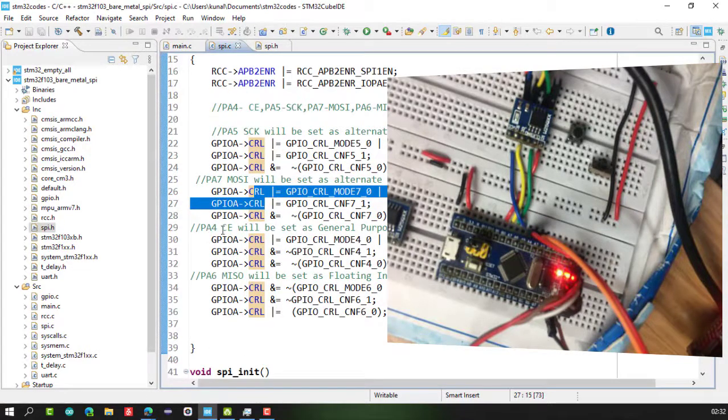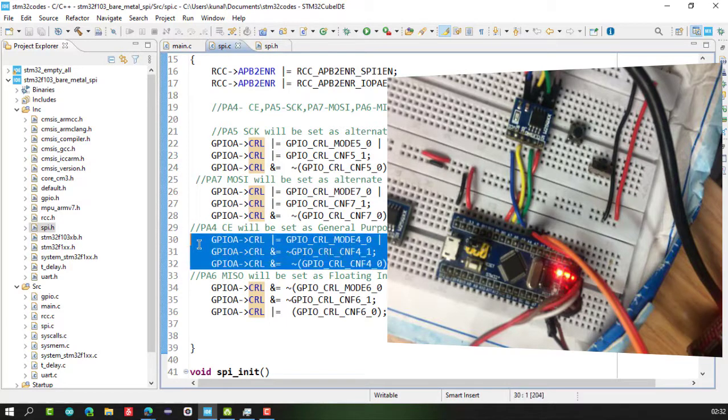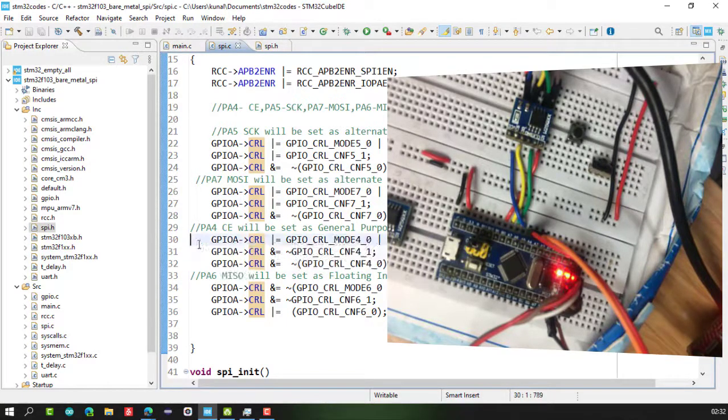Now the PA4 NSS pin, the slave select pin, will be used in general purpose output mode, because it's not an alternate function mode. It's a general purpose GPIO output pin which will drive the high and low signal for starting our SPI communication. So it will be a general purpose output push-pull, configured through the bits of the CRL register of the GPIO peripheral in STM32 microcontrollers.